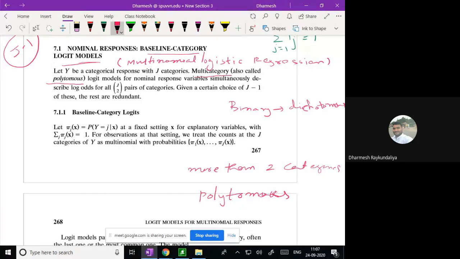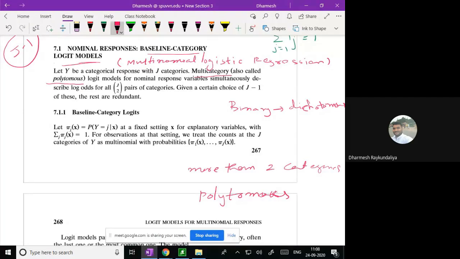So sometimes people may ask you, what do you mean by the models, or explain the models for the polytomous response. Polytomous response means it is a nominal response or an ordinal response. Both are covered under the polytomous. If there is no ordering property associated with the response categories, then they are said to be nominal. But if there is an ordinal property associated with the corresponding categories, then they are said to be an ordinal response.